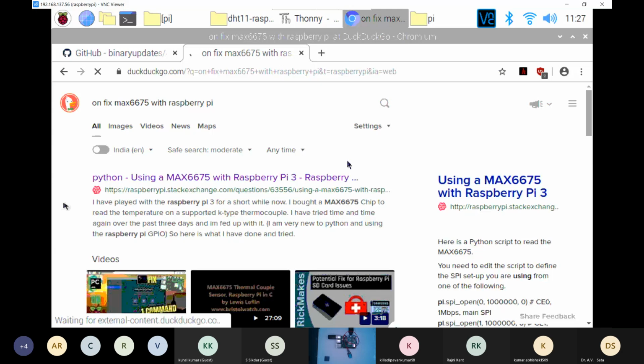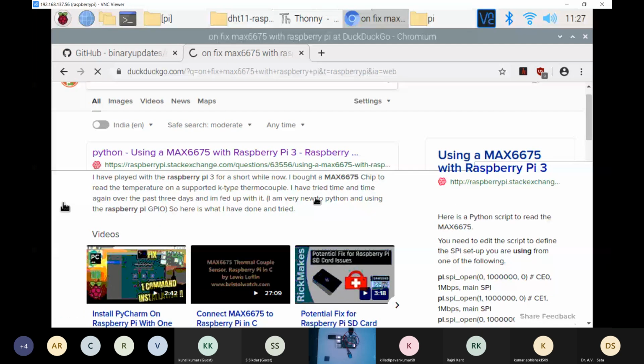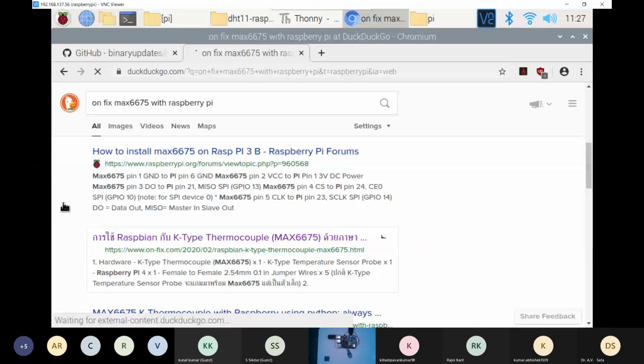This one will be a Raspbian K-type thermocouple, which will be an important one. We'll try to connect it using that same manner.